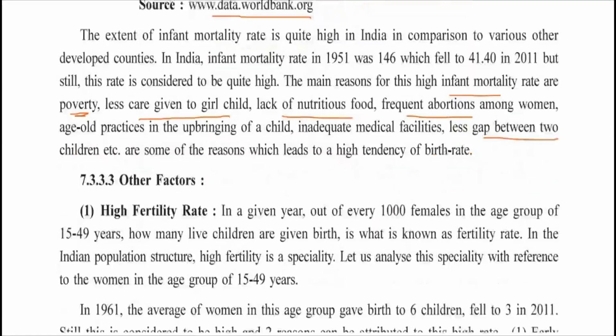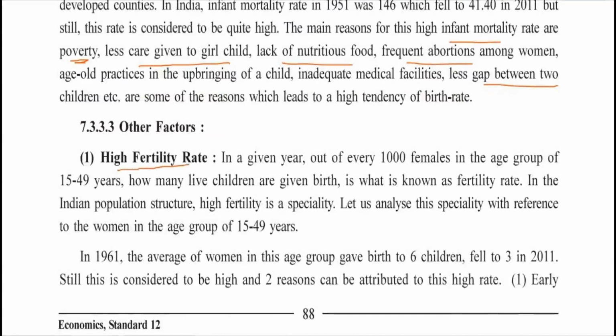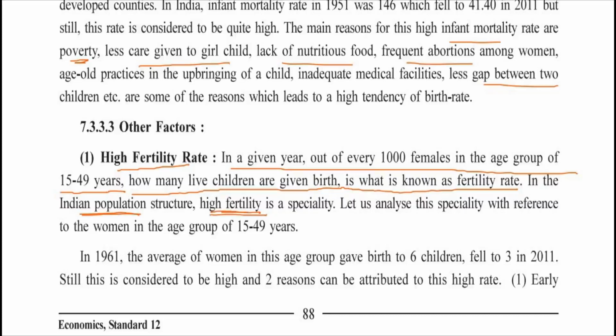And the other factor would be the high fertility rate. In a given year, out of 1,000 females in the age group of 15 to 49 years, meaning the sexually active age group, how many live children are born is called the fertility rate. And in the Indian population structure, the fertility rate is very high. Right? Let us analyze this specially with reference to the age group of 15 to 49 years of women